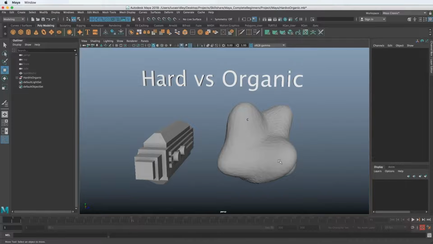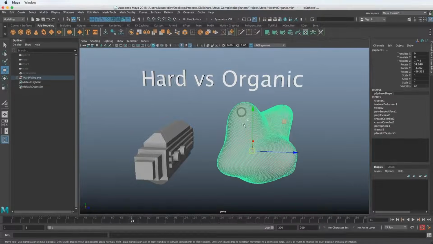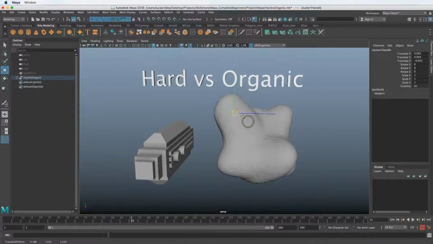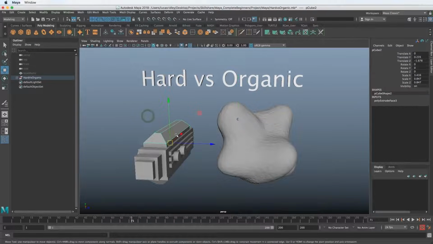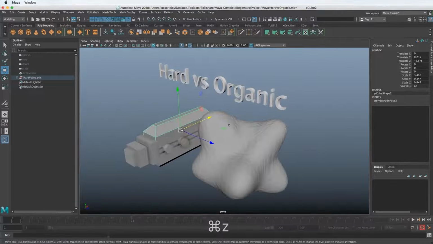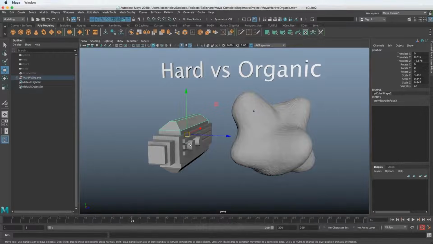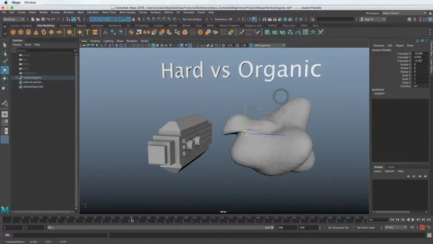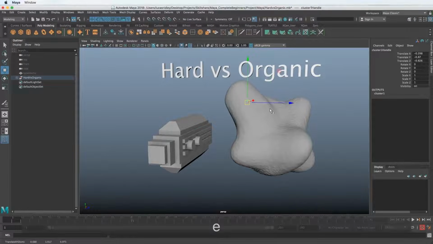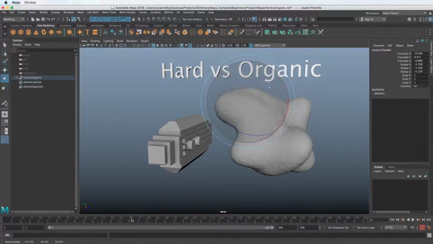Okay, so I think we understand what hard versus organic means. And I meant to mess with this little cluster handle to show you also that this is important to understand for later down the road when we're talking about rigging and animating. If it's a hard surface, we're probably not going to flex from the middle of this object. It's probably going to move all together, and that's going to affect how we're going to do things later with rigging and animation. Whereas if it's organic, this thing could move all kinds of different ways, and we would need to rig and animate to reflect the type of organism this is, or shape, or model.